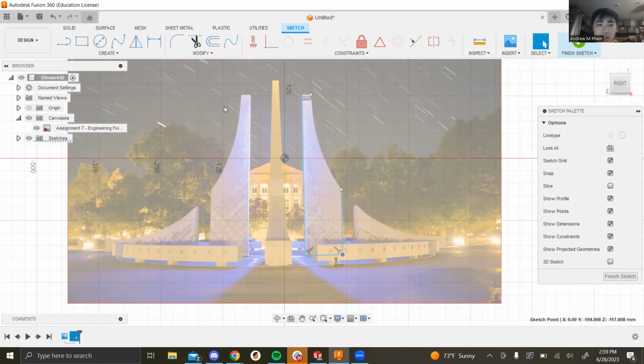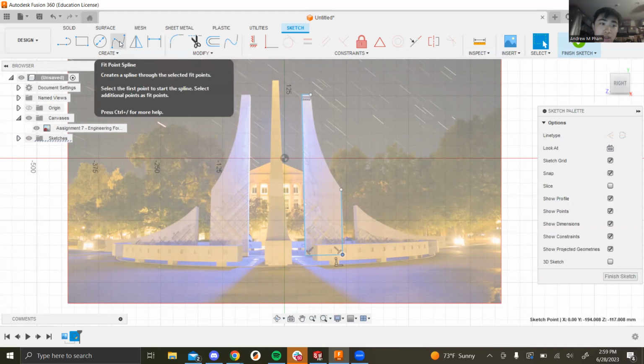So there's actually another tool that we can use, and it's called a fit point spline. So you can see it here, it's next to the circle tool. And basically what it does is you would choose